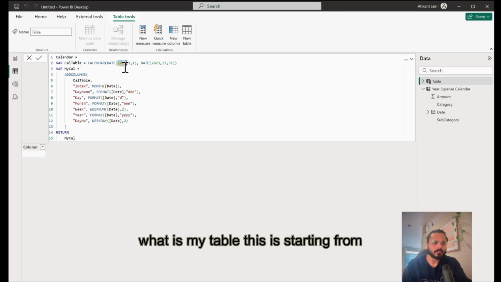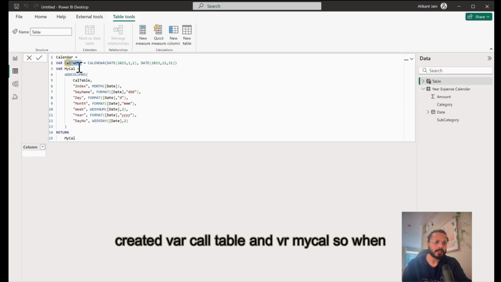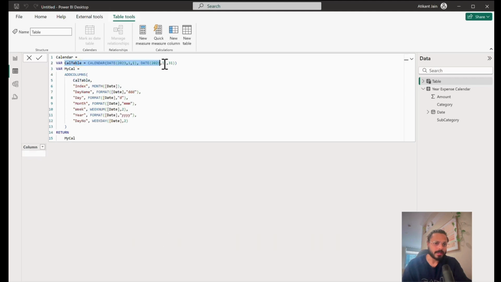This is starting from January 1st 2023 to 31st December 2023. So this is my calculate table, right? And what is my calendar? These are two variables I've created, var cal table and var my cal. When you are adding the columns to this particular table, this is my calendar table,